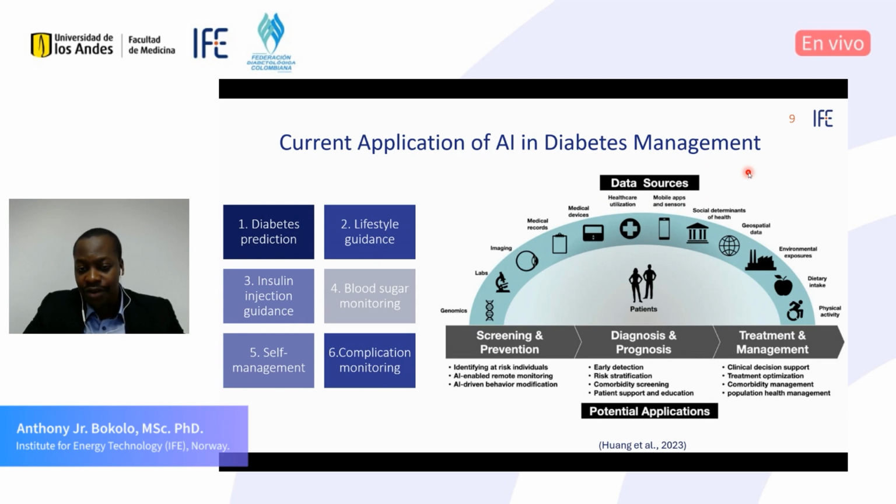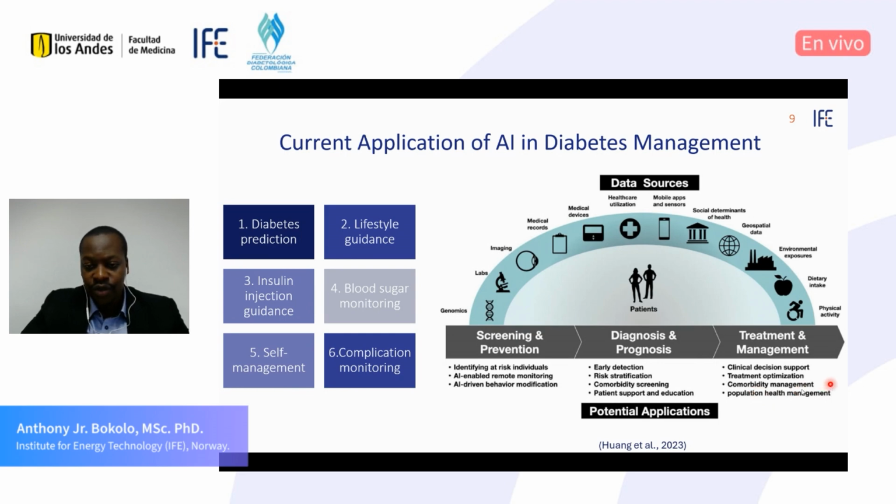And also the AI uses data sets on the current health and diet of the patient, and also the physical activities. So using this data set, the AI models or AI algorithms are able to provide screening and prevention, diagnostics and prognosis, and treatment and management. So currently, there are different applications available out there for screening and prevention. So they help to address this issue, like for example, remote monitoring and AI-driven behavioral modification. And for prognosis and diagnostics, we have early detection, we have patient support and education, and then for treatment and management, we have clinical system support, we have treatment optimization and population health management, and also